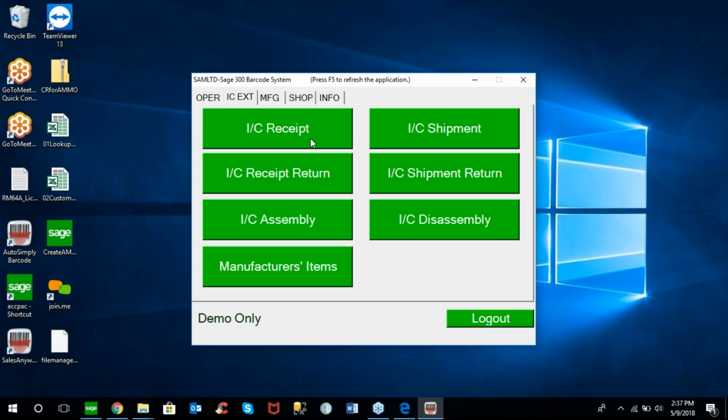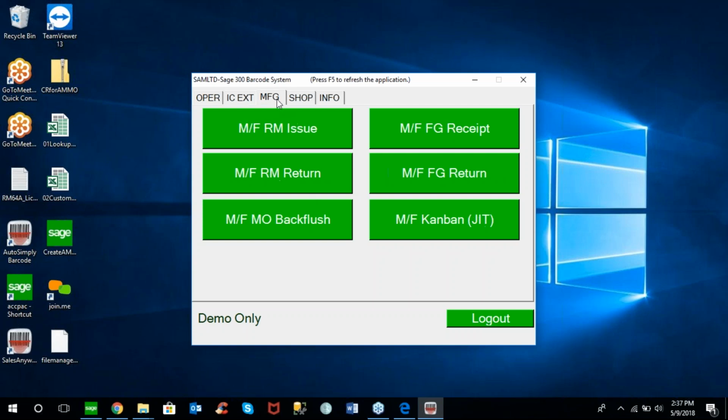And this assumes that you're not using PO for receipts and OE for shipments. It also incorporates assembly and disassembly and manufacturer's items. It does support the manufacturing processes that we just talked about as part of AutoSimply Manufacturing, whether it's the backflush or the Kanban manufacturing process, or the more traditional 4 or 5-step process where you do separate issuances, receipts, and